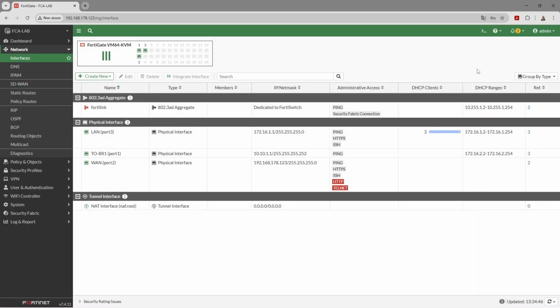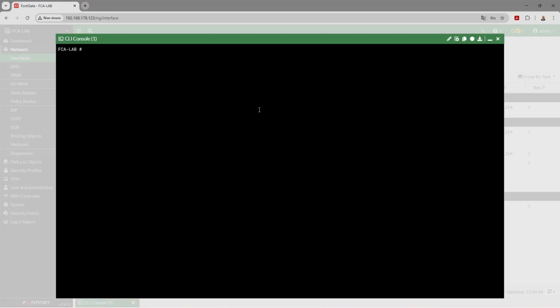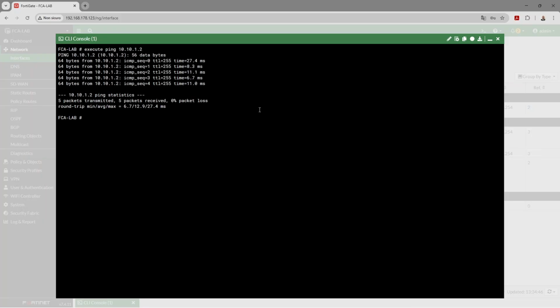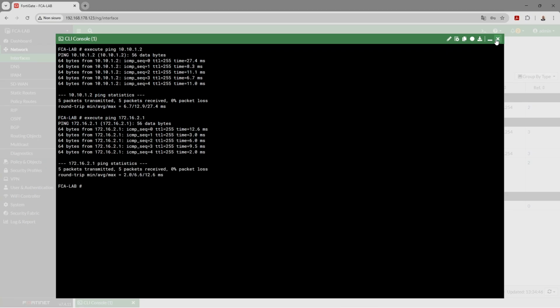It's very easy. So let's first check the reachability between the FortiGate and the router. Execute ping 10.10.1.2, which is the interface of the router. Now let's try to ping the remote LAN, so 172.16.2.1, and that's it. Okay,